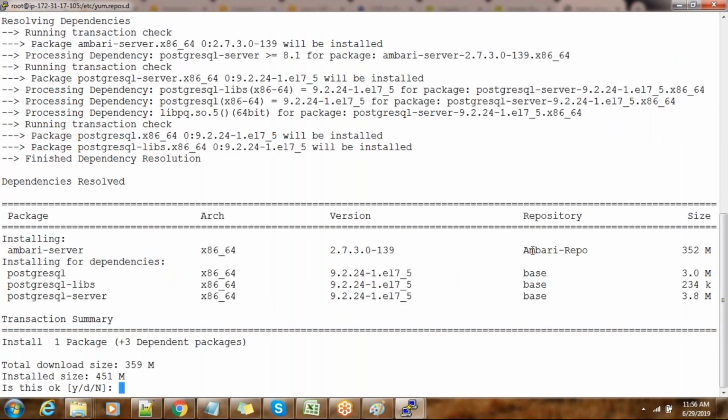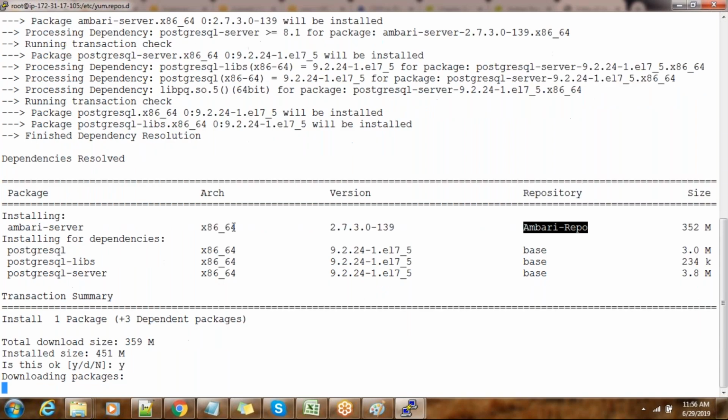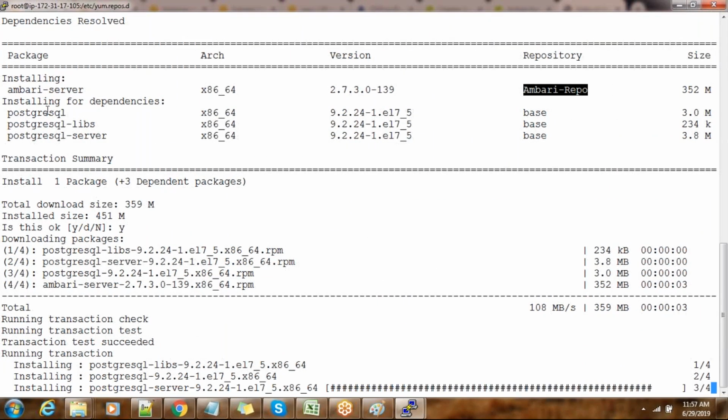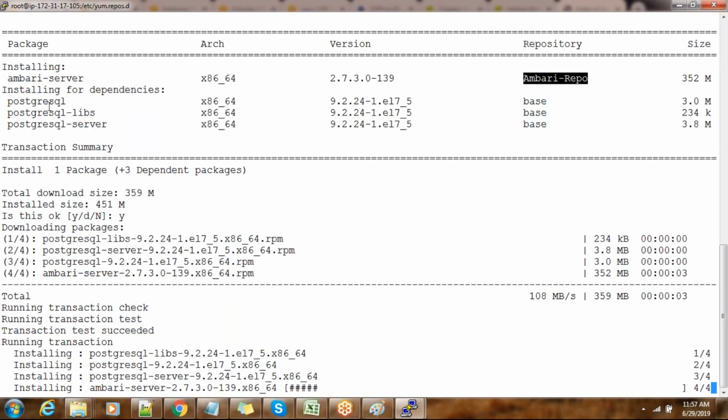So this is downloading from the repository we just created. You can use yes or no if you want to continue or not. Just use yes to continue and press enter. This is downloading Ambari server and some dependent packages. Here you can see it needs Postgres, and that is the reason it is downloading Postgres, because by default Ambari uses Postgres.